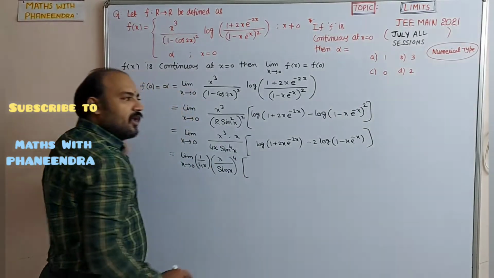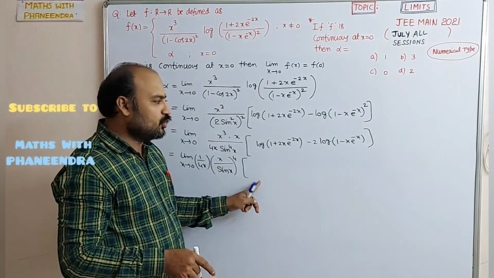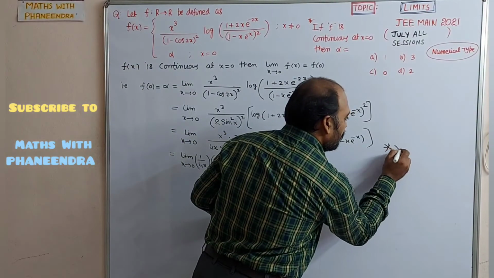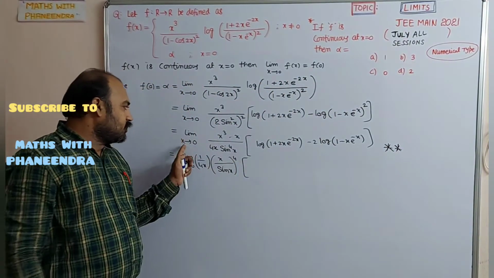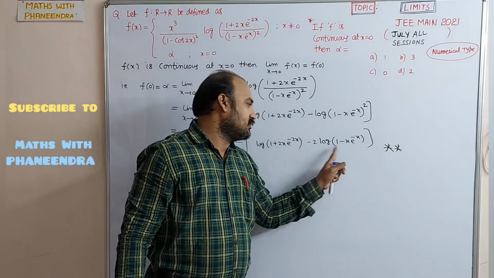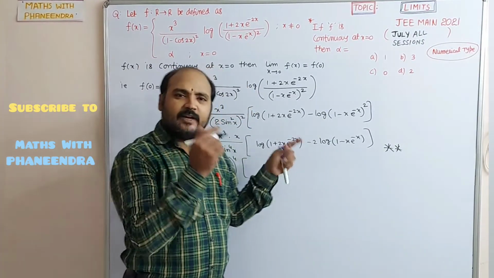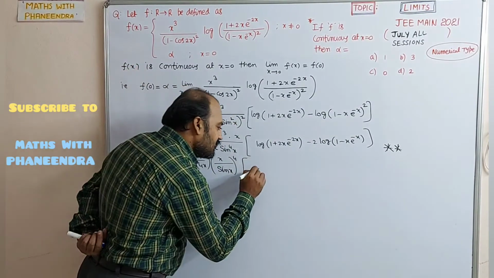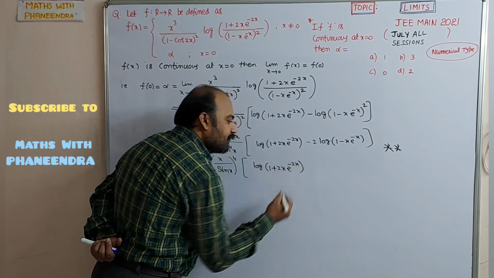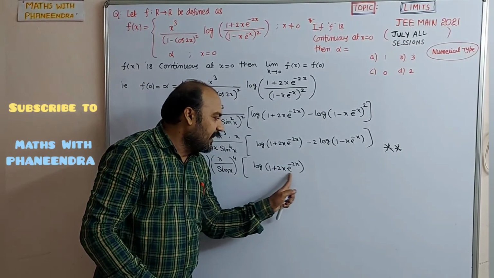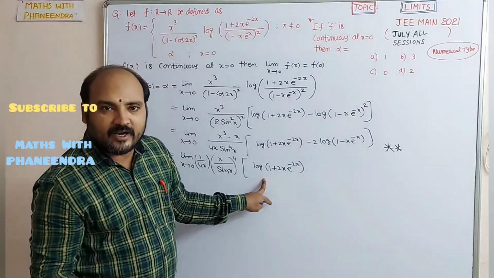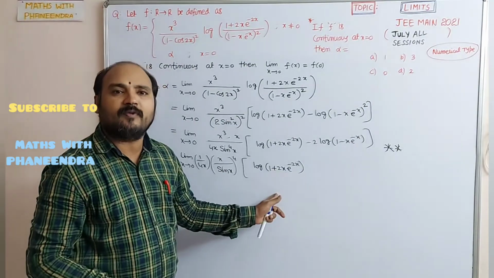Next, this one, here we are going to convert into formula format, that I will explain. This is the turning step in this question, dear students, observe carefully. If we substitute x equal to 0 directly, log 1 minus log 1, log 1 is 0, so 0 minus 2 into 0, 0 only. It is an indeterminate form. So what I am doing is: log of (1 plus 2x e power minus 2x) is in the form of log of 1 plus ax, or 1 plus x. If the denominator has the same x value, applying the limit formula will work.